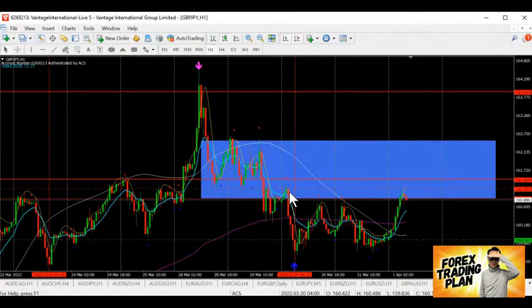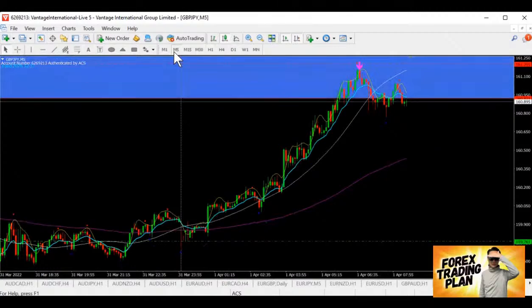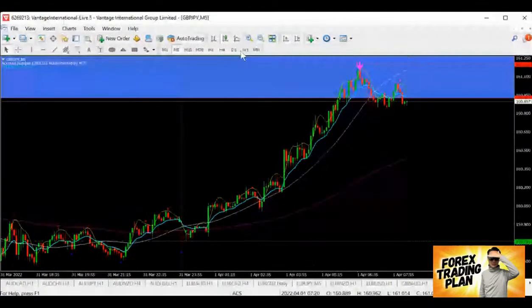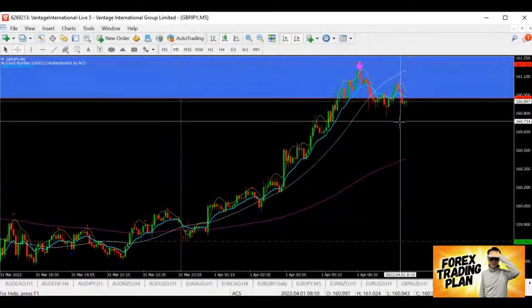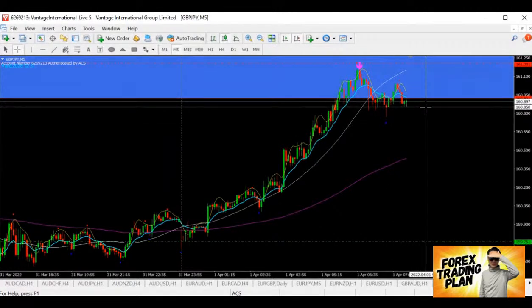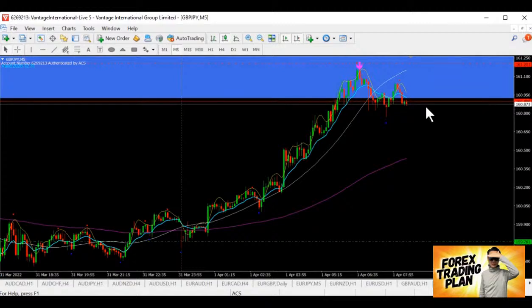As you can see, previous resistance, then tested, then start to sell. So I will be looking out. Now we have a lower resistance over here, testing the current support in a very small time frame of M5. If this breaks, it will go for a lower low. Then this shall be the lower resistance level, and when this lower resistance level has been tested and it's not breaking, it will continue selling. So I hope you get what I mean.